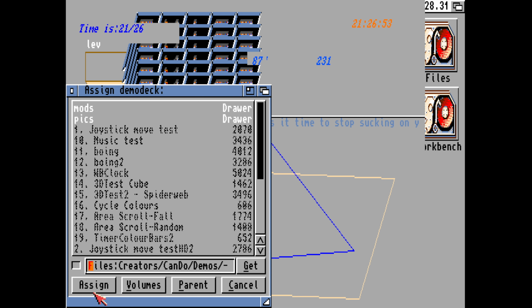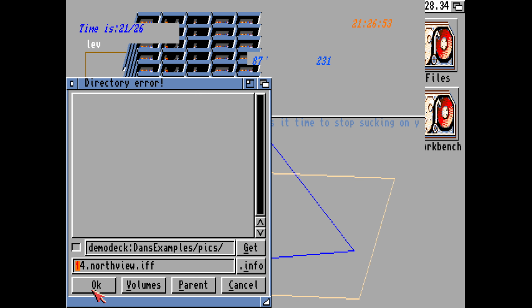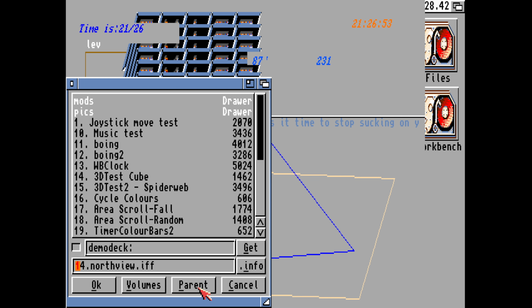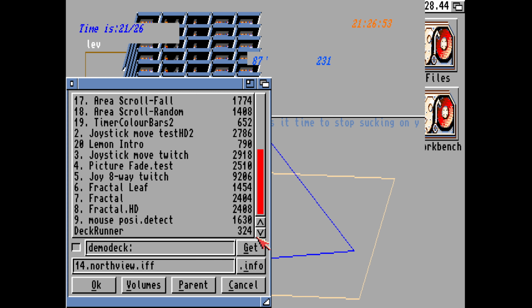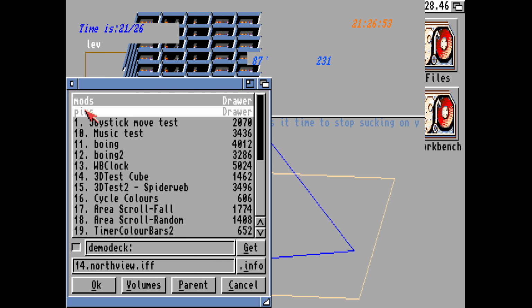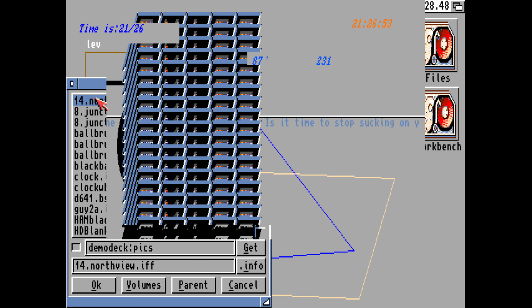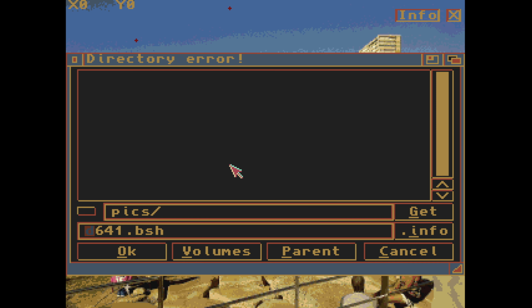Demo disk, there it is. Assign that. Directory error, North view, Dan's examples, picks. Demo deck, Dan's examples, picks. North view. Okay, directory error, picks. So obviously this isn't all pathed up and ready, but